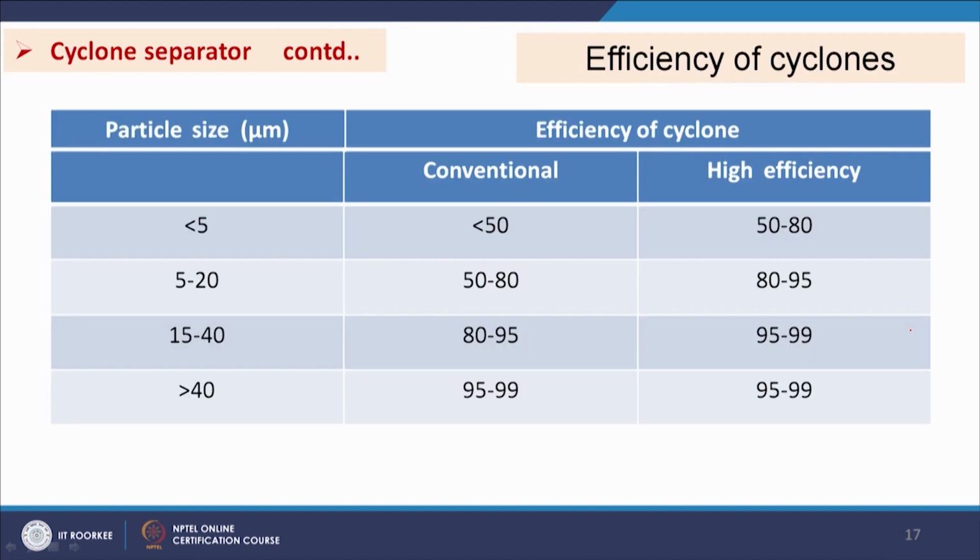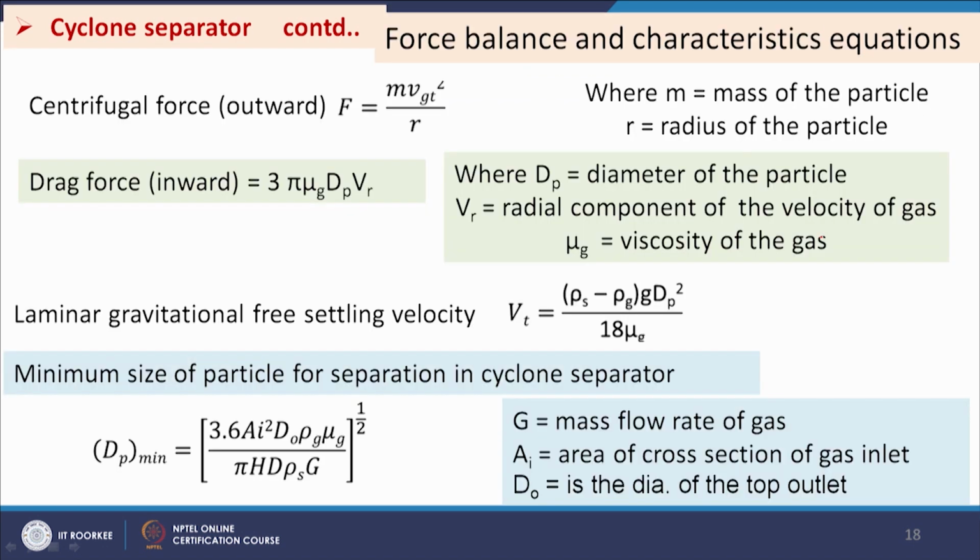Now, we will see the efficiency of cyclones. If we compare the conventional and high efficiency cyclones for different particle sizes, we see that when the particle size is relatively bigger, the efficiency is also much higher, but when the particle size is smaller, the efficiency is also less. And these are the generalized expressions we have already discussed: centrifugal force this one and drag force, and then laminar gravitational settling velocity this one, and this is dp